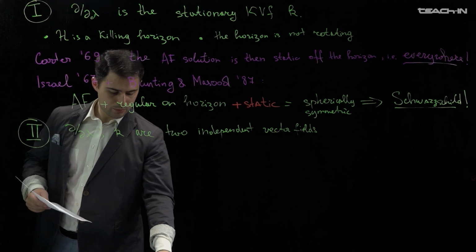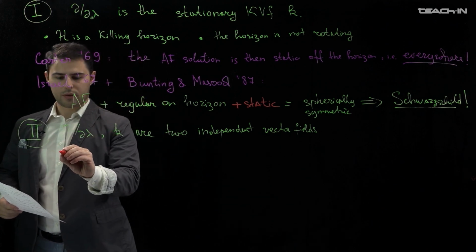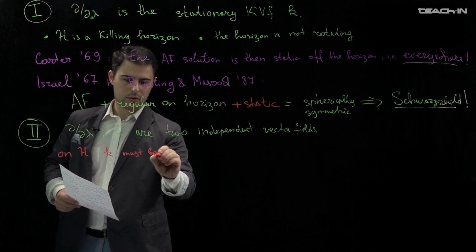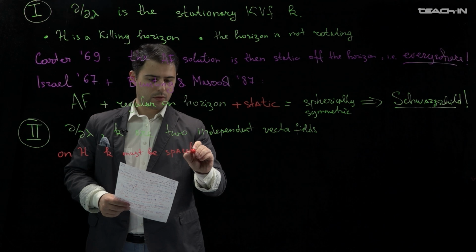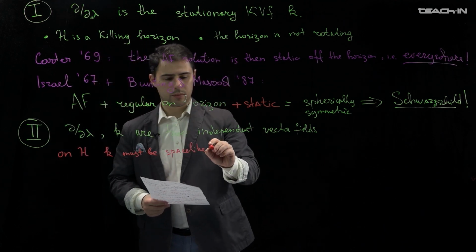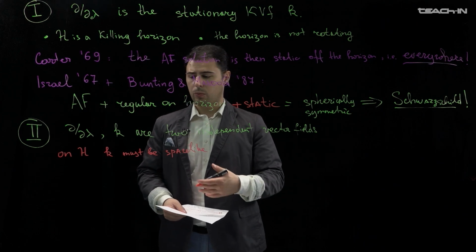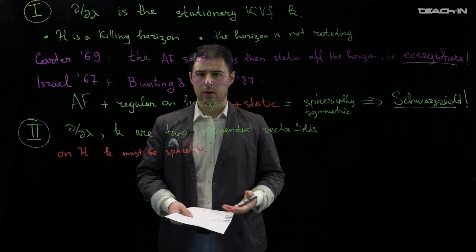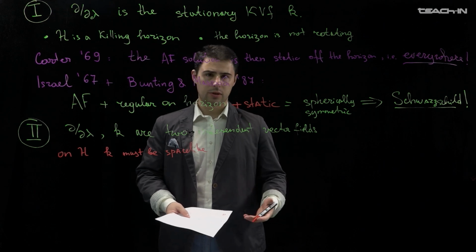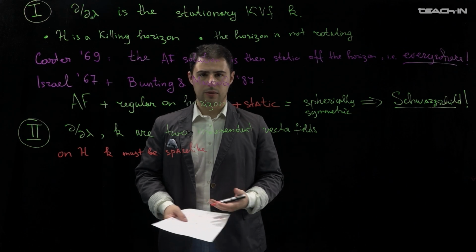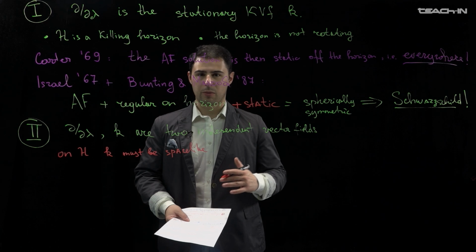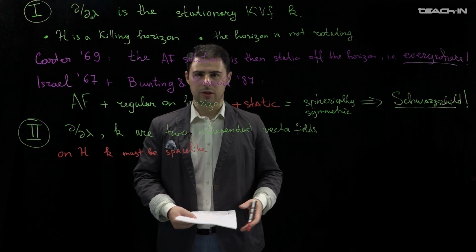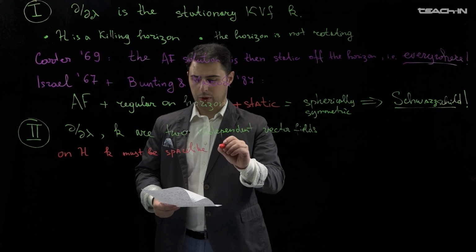It is easy to show that k is space-like. We can consider the case of null k and just show by contradiction, because if k is null and independent from d over d lambda, then it's necessarily d over dr, and then our geometry is strange. It means that all our spacetime is essentially infinite copies of the event horizon, which is unphysical. So k must be space-like,